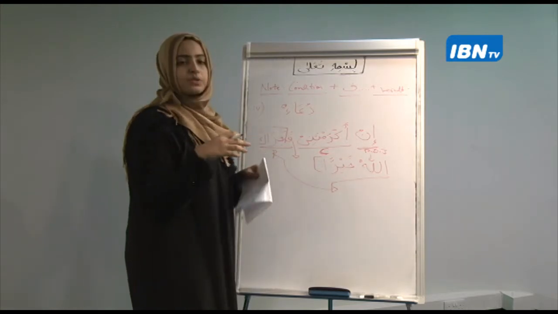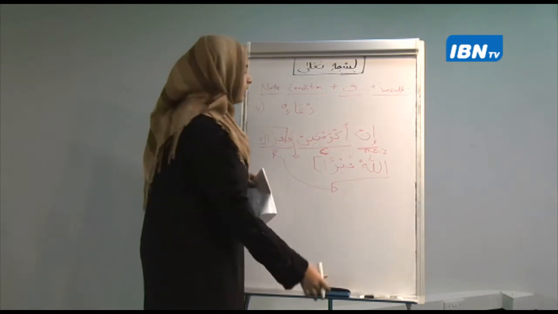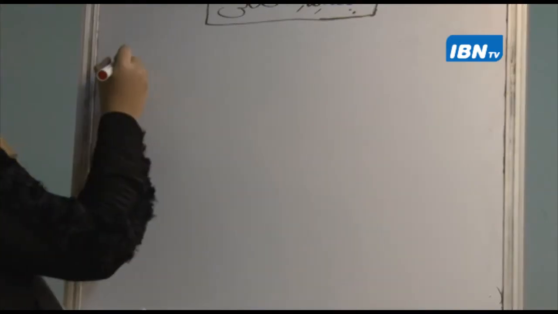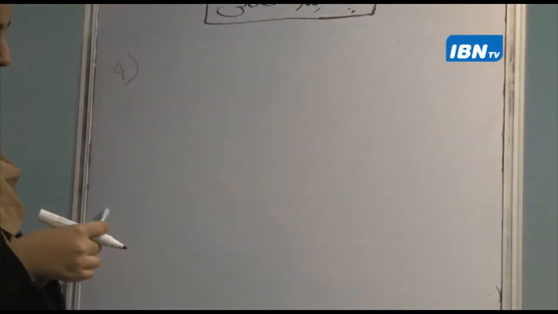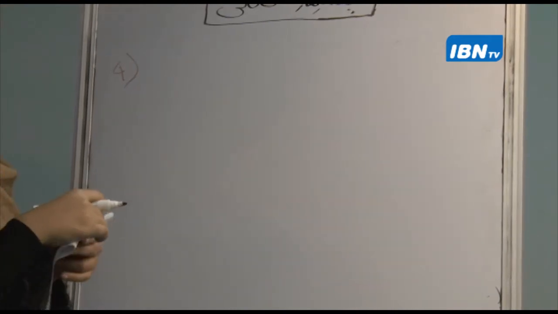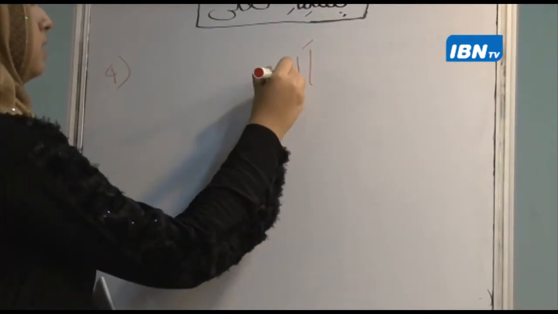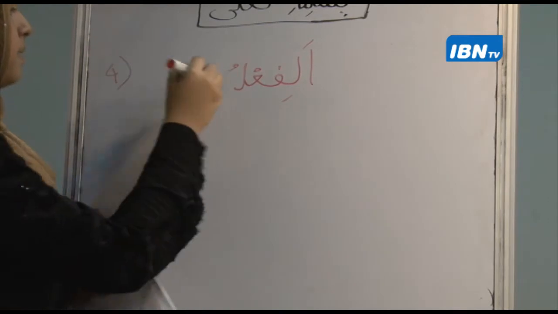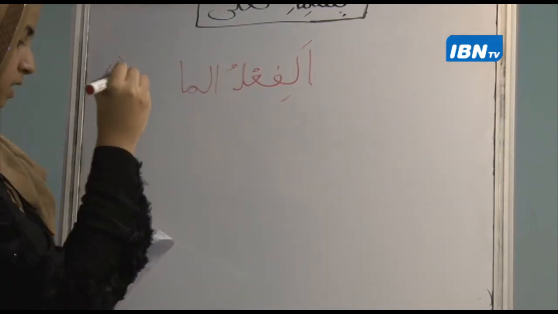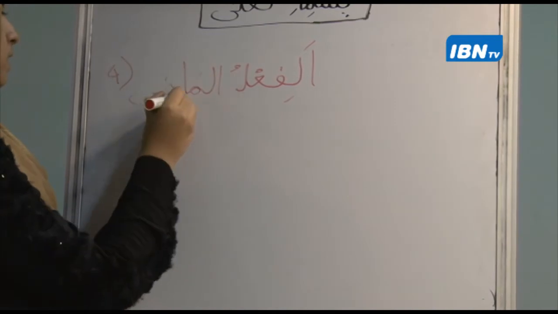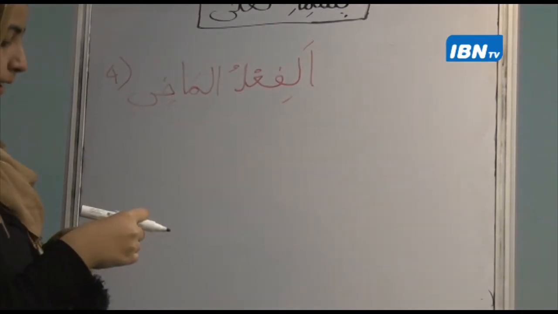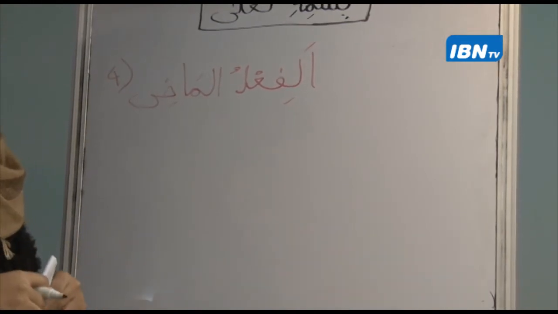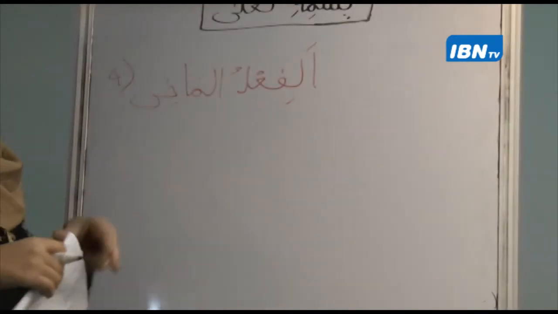Now we will look at one last ruling. This is regarding the fi'l al-mudari. That is also very important. So the next ruling we have is, of course, a fi'l al-madhi. You all know what fi'l al-madhi is. I mean, we have been singing this song in the beginning. Okay, this is of course the past tense, fi'l al-madhi. Now this past tense, the ruling says, fi'l al-madhi, this past tense here,